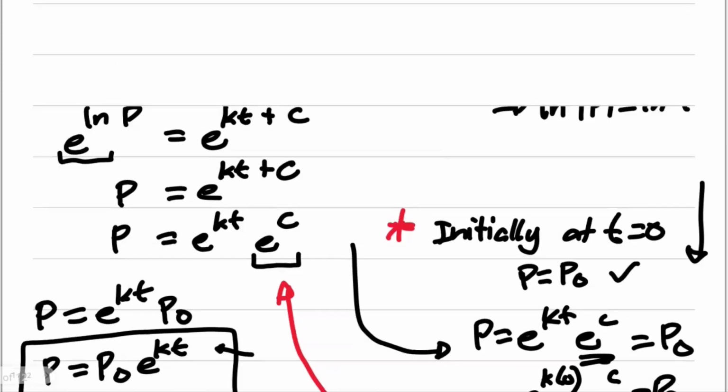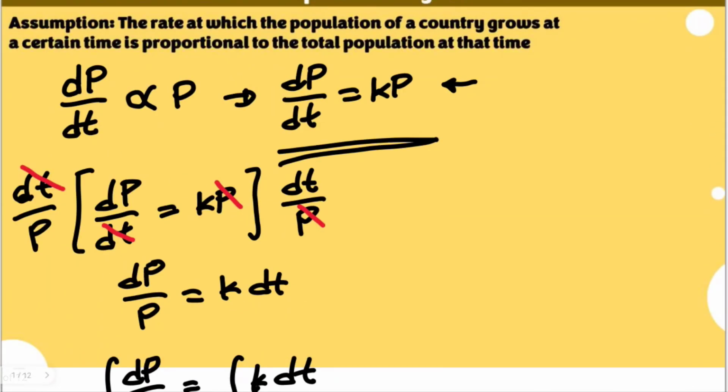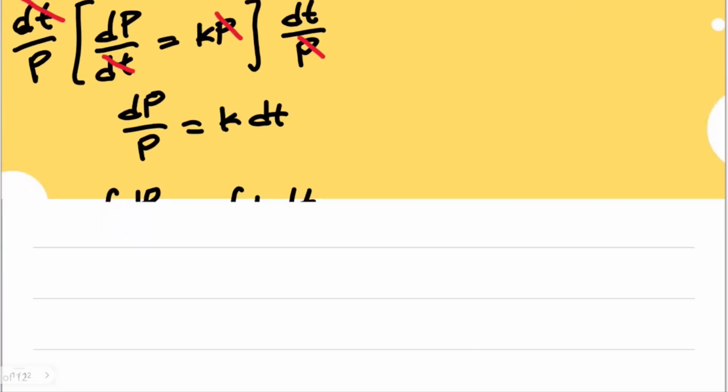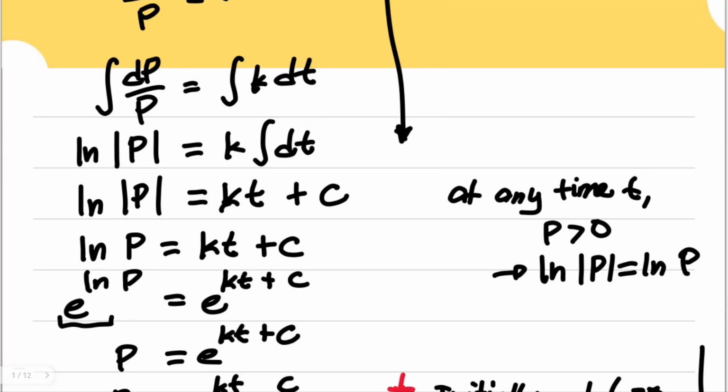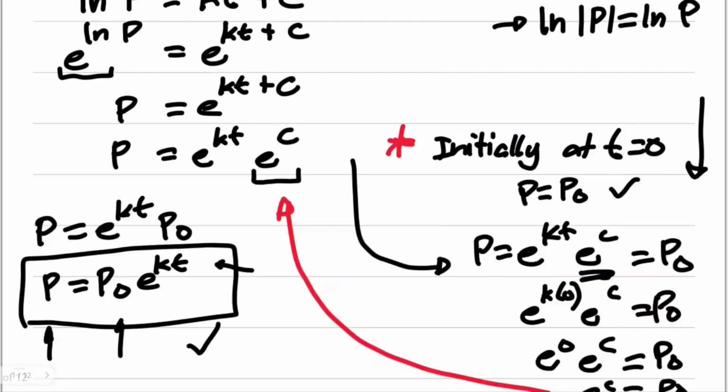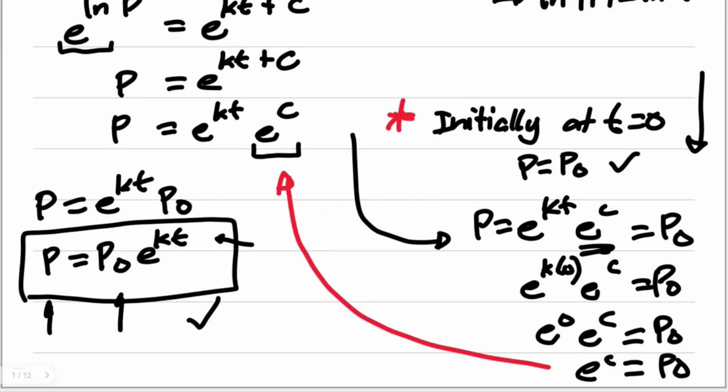But this is how we derive this formula using this assumption and the idea of integration, which relates to separation of variables in solving this specific differential equation. So this is the formula that we're going to use for the next few items, as we will have some examples, real-life applications on population dynamics or population growth.